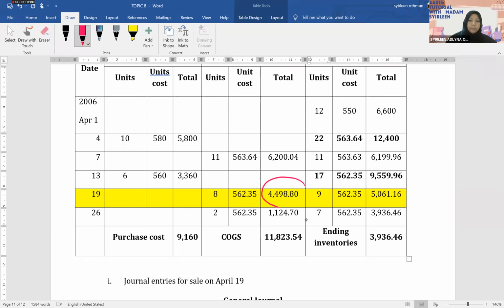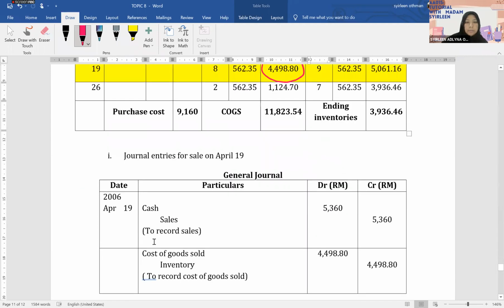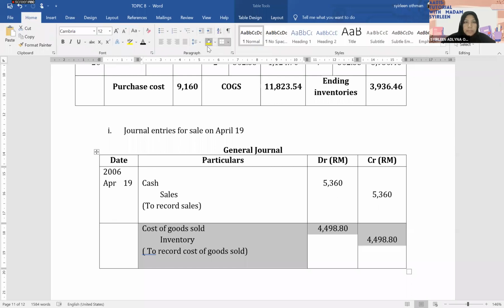Alright, so 4498.80 cents ni ialah debit cost of goods sold, credit inventory 4498 and 80 cents. Okay, nilai ni yang awak kena catat ni. And you tak boleh dapat daripada jadual saja, you kena kira dari awal. So nilai ni lah yang awak kena kira guna table. Okay, yang ini,